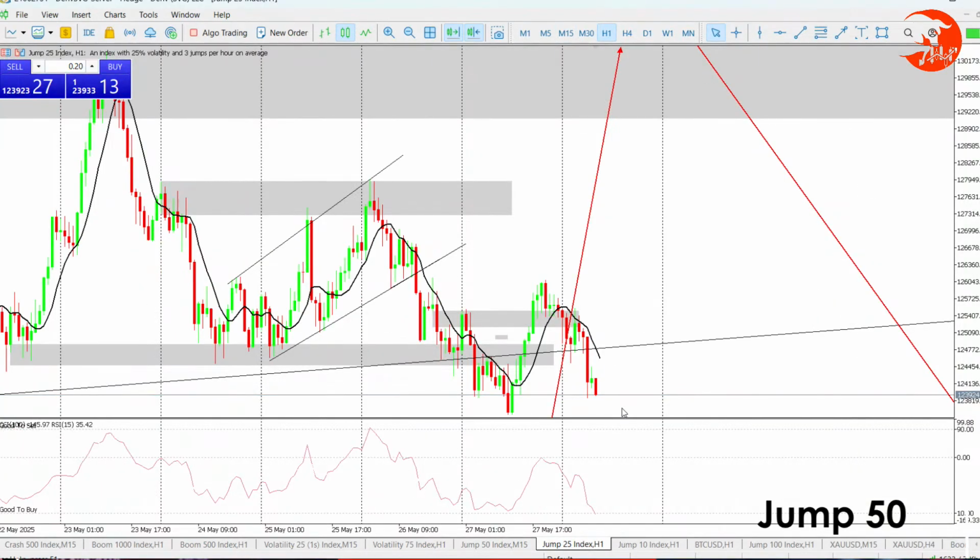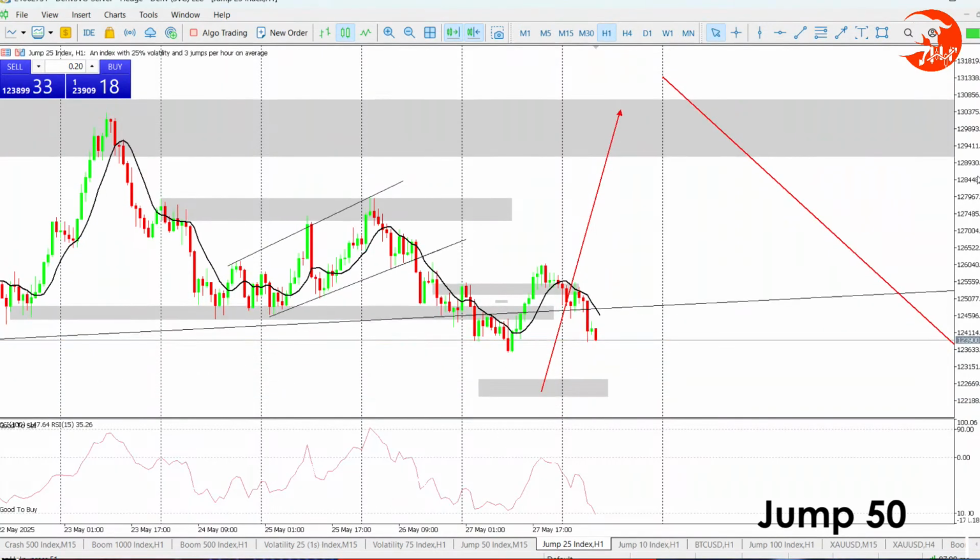Jump 25. Yesterday was Tuesday, so that tells us the reason why the market was slow. So we were looking for this move. Why? Because of this. Yes, and we saw that the other day. We made money on that, but it had to continue. We had a second TP, which was this one here, but price never reached it. In fact, when it reached this level, it reacted back.